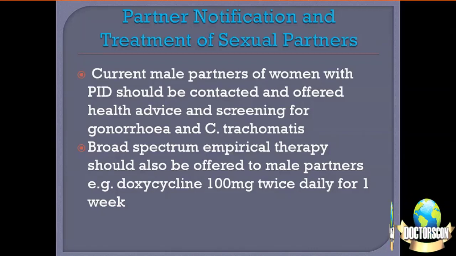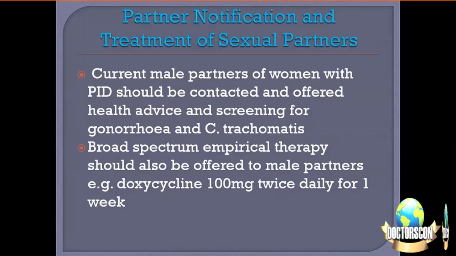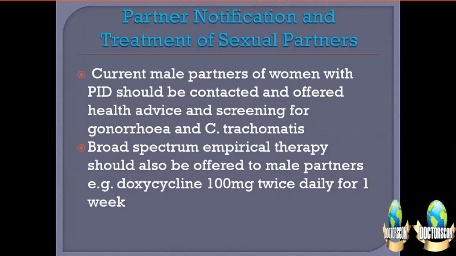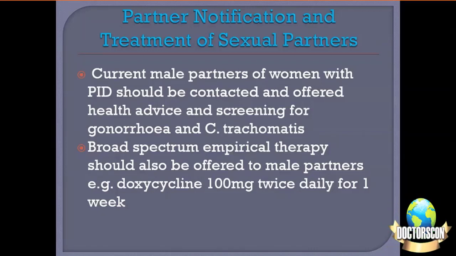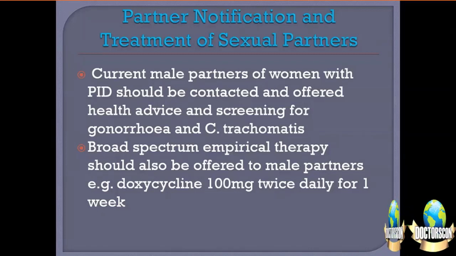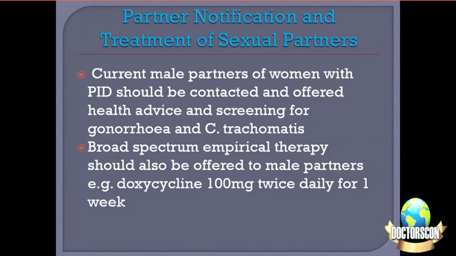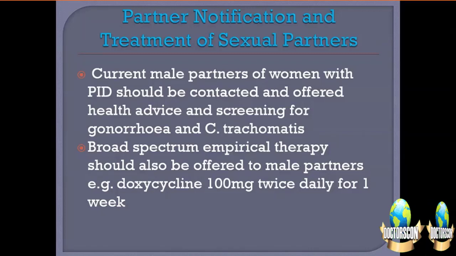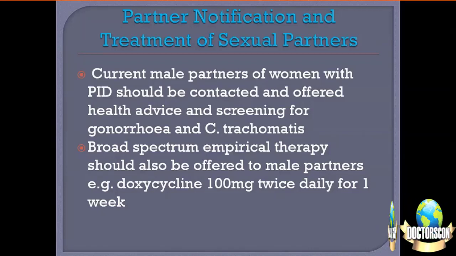So to summarize, pelvic inflammatory disease, it is very important to make an early identification of the condition. As I said, treating this condition early is very important because we do not have any definitive diagnostic criteria for this condition. And if treatment is delayed, it can lead to serious long-term sequelae such as chronic pelvic pain, infertility, ectopic pregnancy. Prompt empirical treatment, that is, you should start with broad-spectrum antibiotics depending upon the clinical presentation, which can be either oral treatment or parenteral treatment followed up with the clinical recovery.